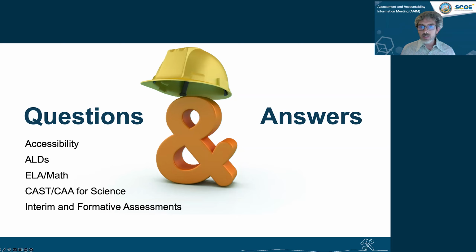Field test items, because they do not have validity data on them yet, cannot be reported as part of a student's score because they are not yet operational items. But field testing is very necessary in order to keep a healthy item pool and to keep test development moving forward. So will students be scored on the field test PTs?